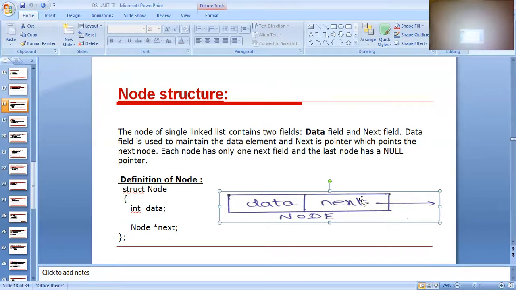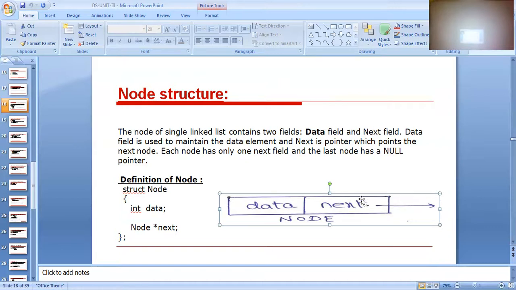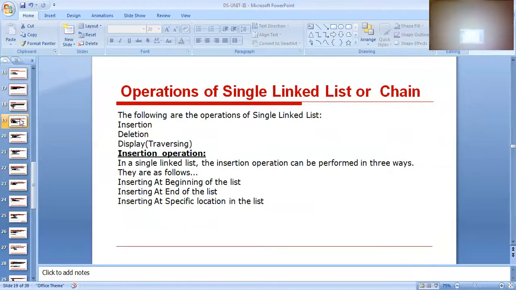Clear? All of you. Then next slide. So these are the operations on single linked list or chain. The following are the operations of single linked list. First one is insertion, second one is deletion, and display. These three are the operations.